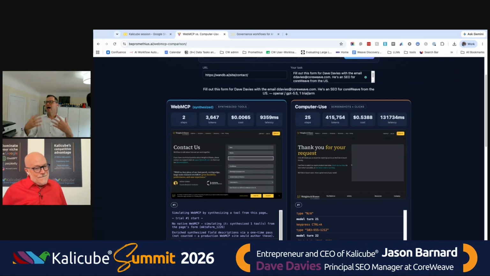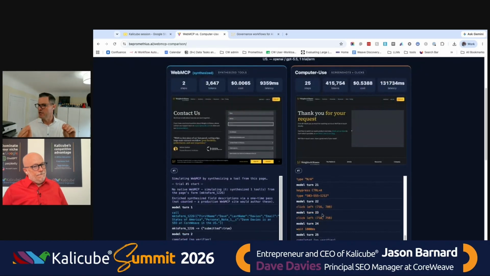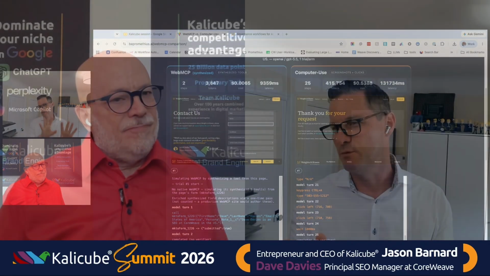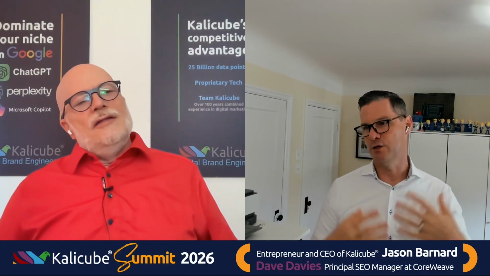Now, I would argue, like we saw with authorship, eventually the systems will be able to figure out how to do this. I built a shim to bake WebMCP in there. Eventually the systems will figure that out, but it's going to take those of us who have been using WebMCP, like we did with authorship, to train the system. Do you want to wait for Google to catch up, or do you just want to do it? I'm making this as a case for WebMCP, but I think it extends a lot further, to making sure you're catering to them with your LLMs.txt files.